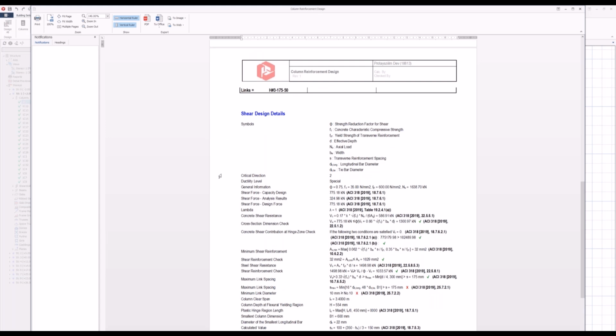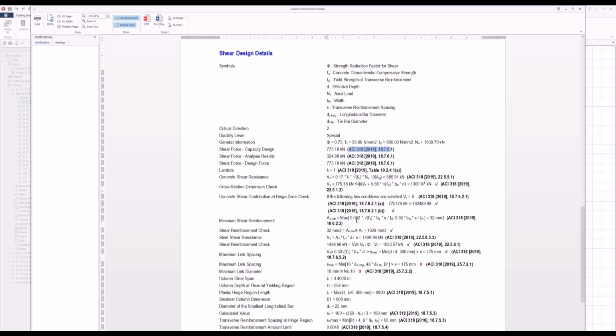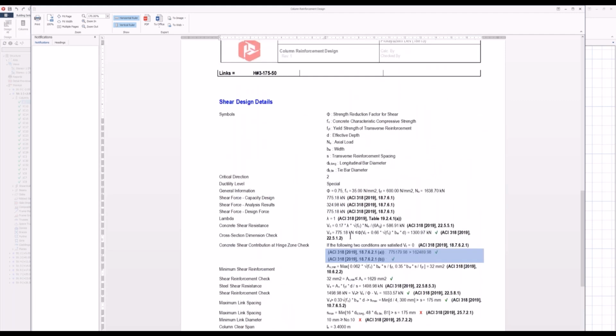So if an earthquake code is selected, you will see these details of the shear design step by step, with step-by-step formulas and the code references here. So for example, concrete shear contribution. In US codes, you have to satisfy two conditions, for example, and the software is now showing you the conditions here. You have all the details here at your disposal, and you can check those with the detailed report. So this is new actually in